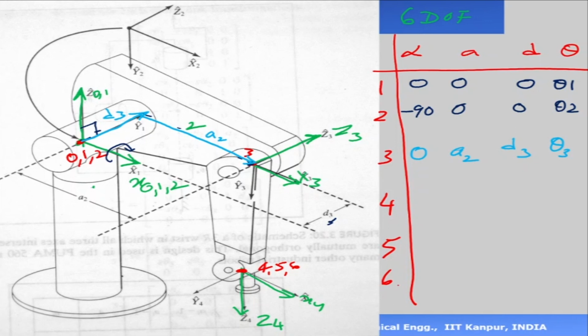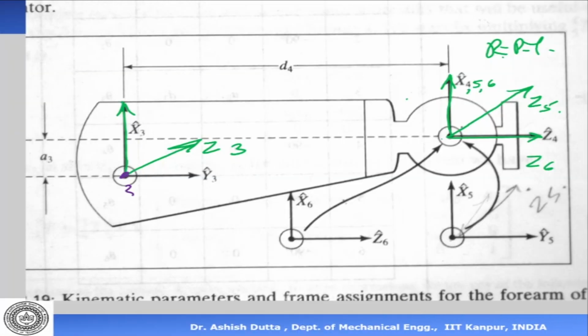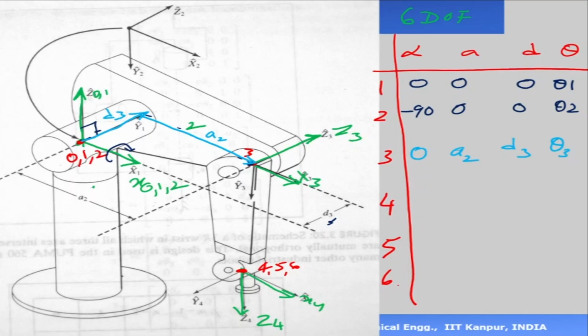Now let's go to the fourth one. Let's go to the close-up view. So this is my third axis. 4, 5 and 6 are there. The third axis has moved up and then traveled like this. It has moved up by a3, so that's my a3, and traveled by d4. So it is moving up by a3 and then going on the right by distance d4. Now if you look at the DH table, your fourth axis is in this direction. So z3 has been rotated clockwise, so it's a minus 90 about x3, and it has become z4.